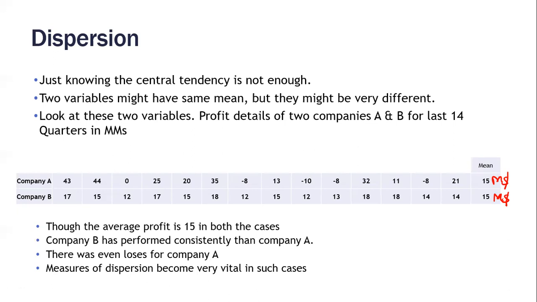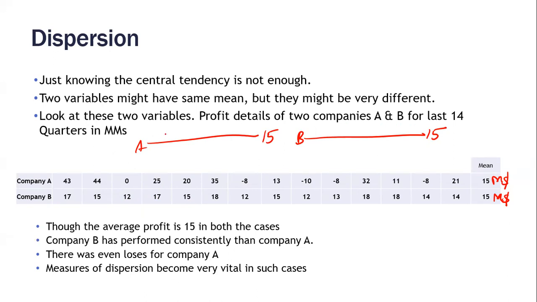Is it company A or is it company B? Tell me in the chat window. Everybody unanimously, all of you are giving me the answer B, B, B, B. What made you choose B? The reason is you thought B is giving consistently around 15. For a less risky company, what is a certain feature? They're always consistent. So company A and company B have the same middle value, the mean value is the same.